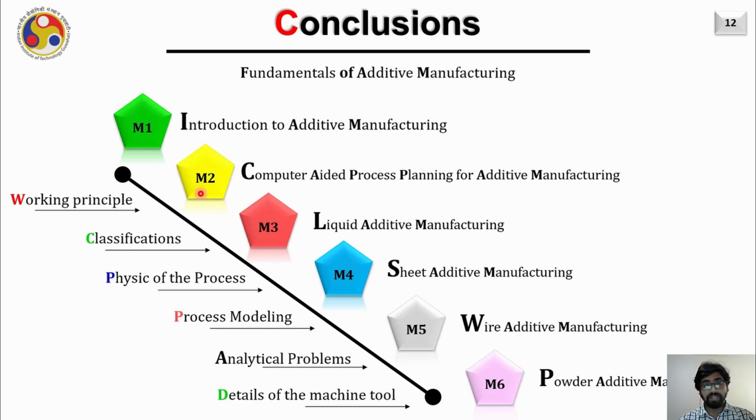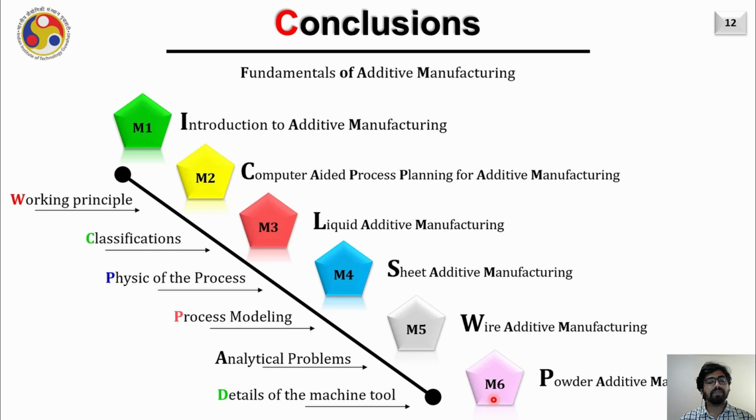Then we discussed in detail the computer aided process planning for additive manufacturing in module 2. We also discussed liquid based additive manufacturing in module 3, sheet additive manufacturing in module 4, wire additive manufacturing in module 5,